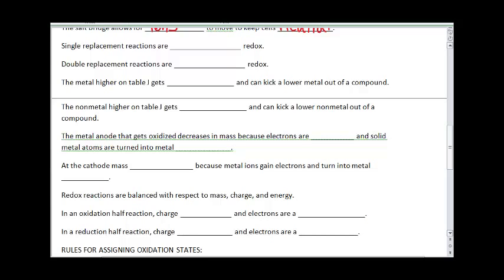A really easy way to identify a redox reaction is to make sure the charges are changing. And in a single replacement reaction, the charges are always changing. Single replacement reactions are always redox. I'll give you an example of one. Let's say we had magnesium plus HCl. We're going to learn in just a minute the rules for assigning charges, but any element by itself is always 0. Okay? Since magnesium is higher than hydrogen on Table J, it can displace the hydrogen or kick it